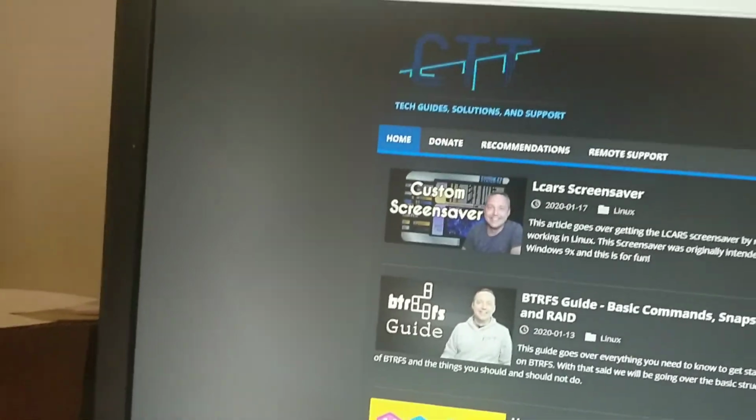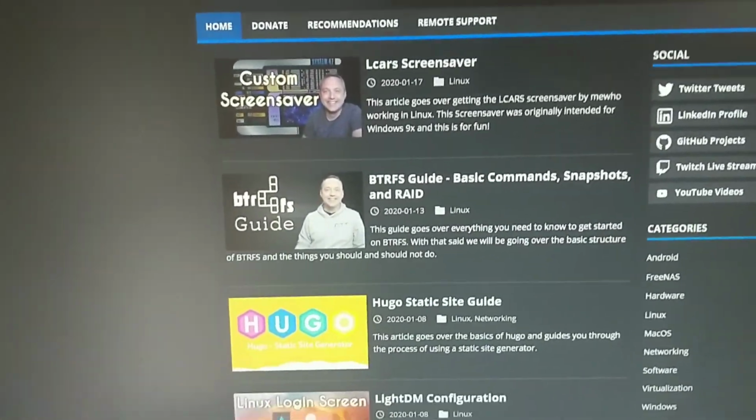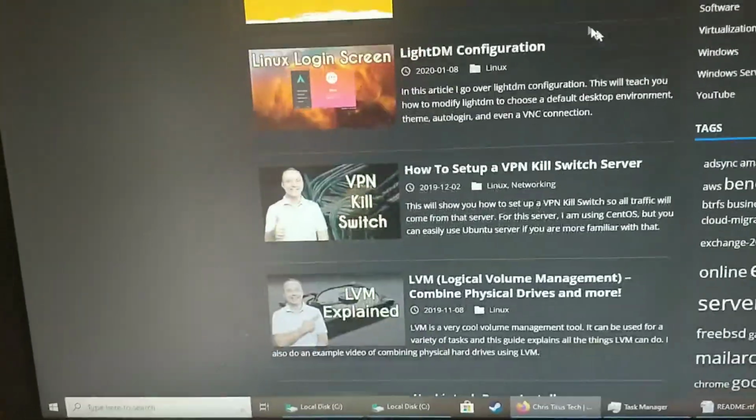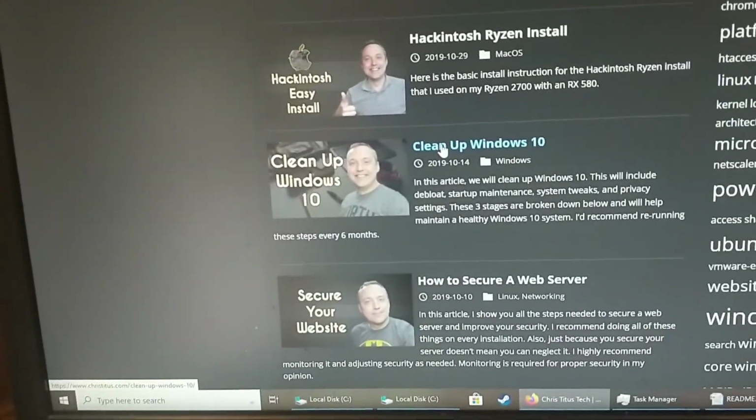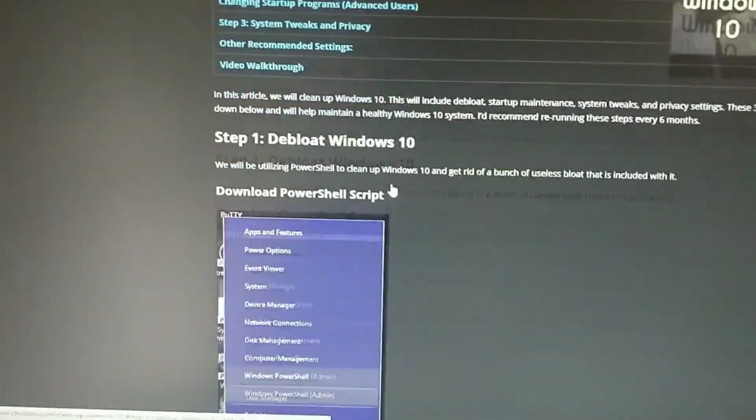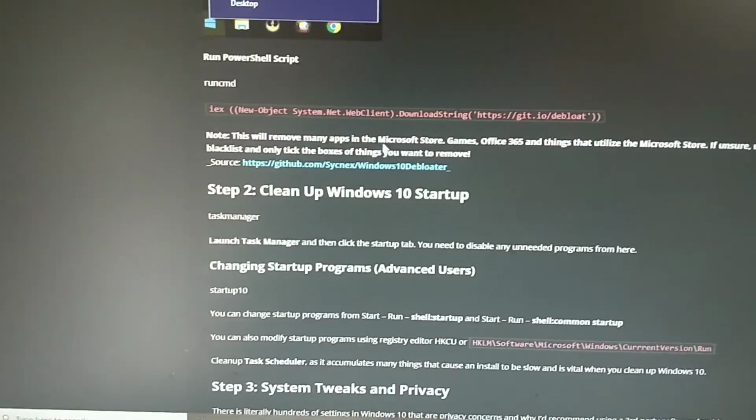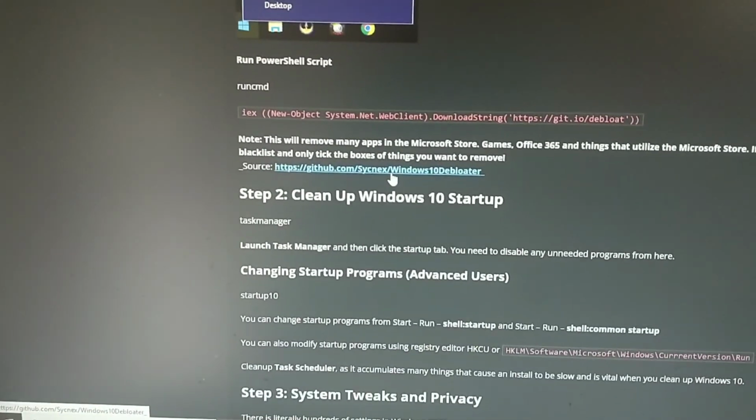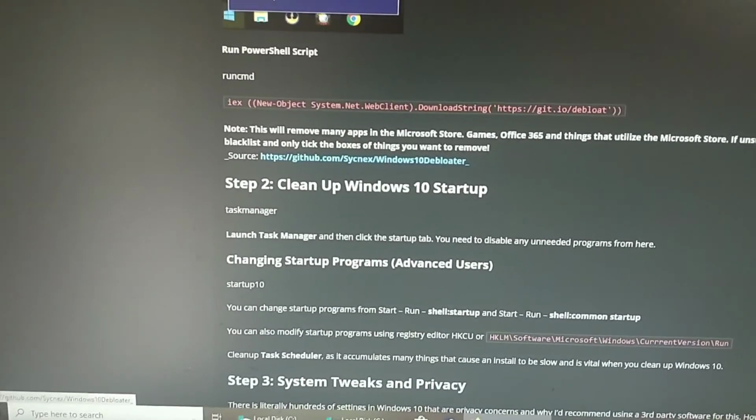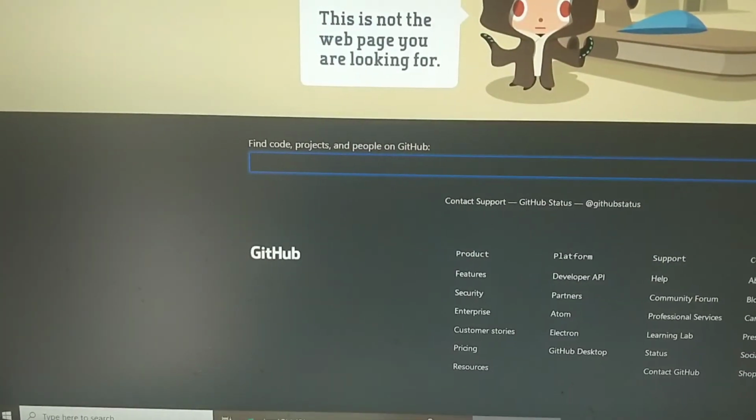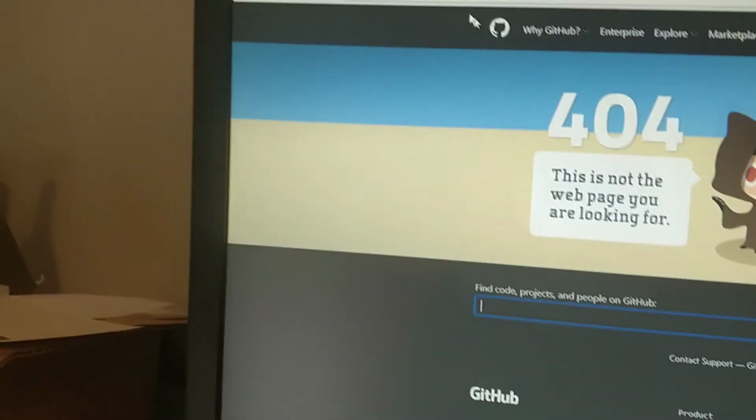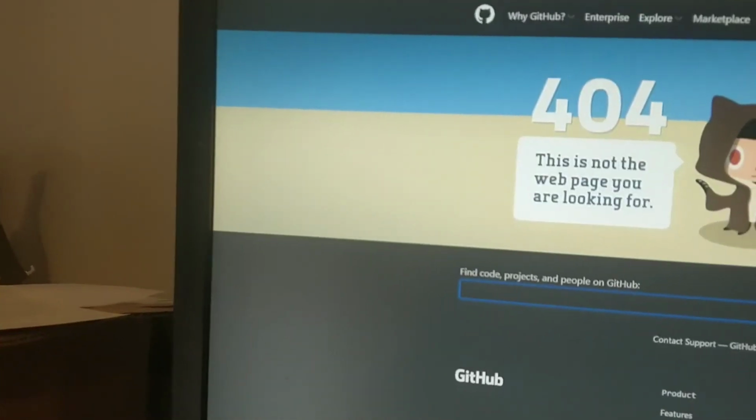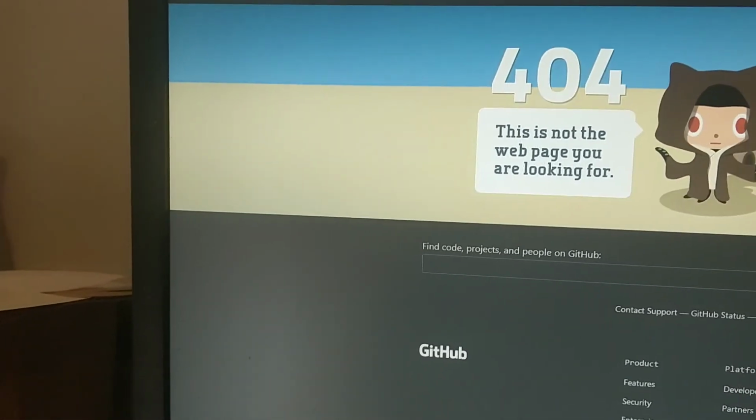And you are going to see how lazy I am at typing. Alright, so here we go. Right here. And then clean up Windows 10. Alright, so this gives you the instructions on how to do it, but really all I do is click this link. This will spit me out to a 404 actually, but I highlight the Windows 10 debloater and I search it,